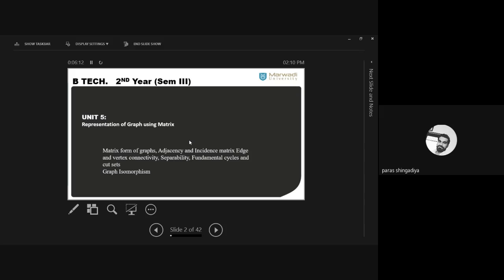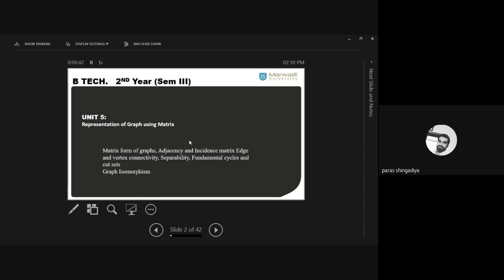Then after that, cut set, vertex connectivity, edge connectivity. In the cut set concept, we have one graph which includes some number of connections, and now you have to make this graph disconnected. Clear? So what is the minimum number of edges required to delete? That is known as a cut set. Clear? So that topic we'll discuss. Then vertex connectivity: how many minimum vertices you have to delete to make the graph disconnected.